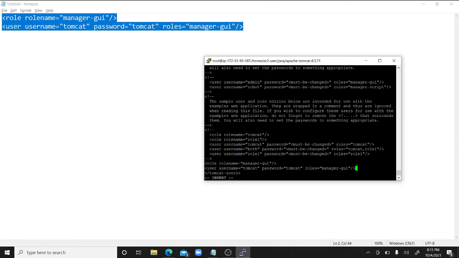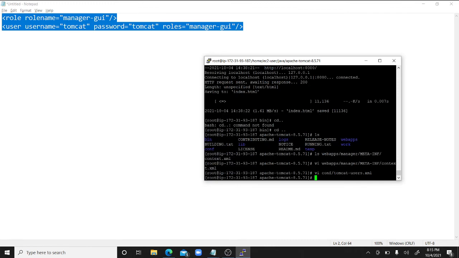So I think you could understand. We have deleted two lines in the context.xml, where the access control list will be modified, and here we are adding one username and password in the tomcat-users.xml. So now I have added it. Press escape colon wq and press enter. So this will exit the editor. Now the folder is in Apache Tomcat. Now we have done some modifications.